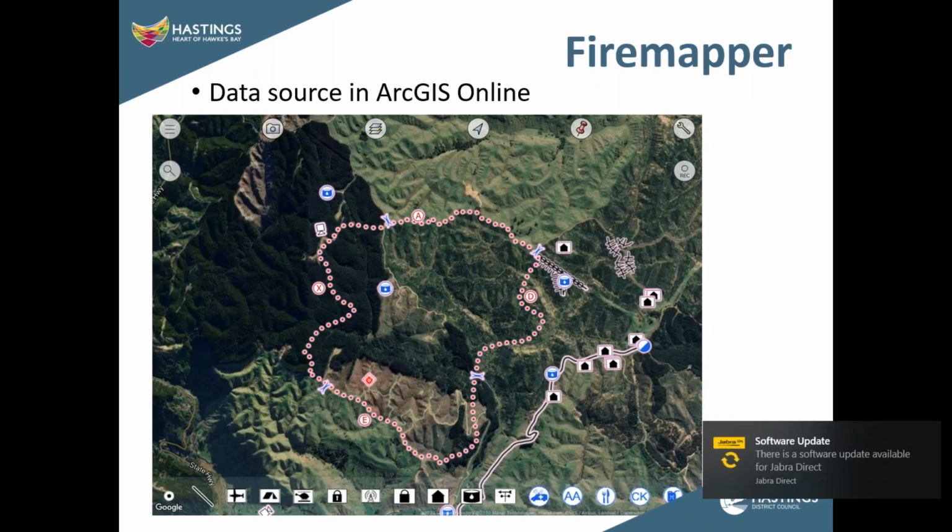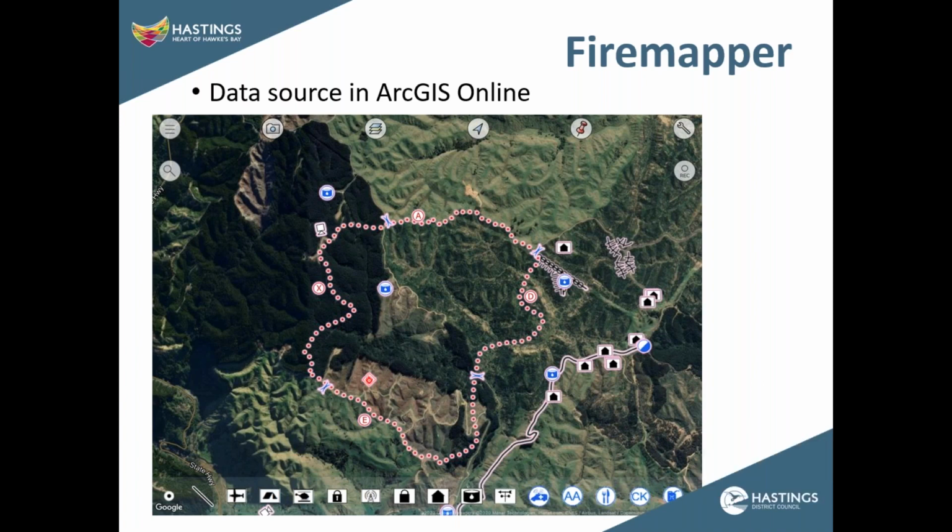A tool used by forestry companies is FireMapper, which I've used only briefly. FireMapper was used by the operations managers at Tangoio and is an app that is available on iOS and Android. The data for this event was sourced from ArcGIS Online. Points can be added quickly into FireMapper and shared very easily, and photos can be taken and linked from the